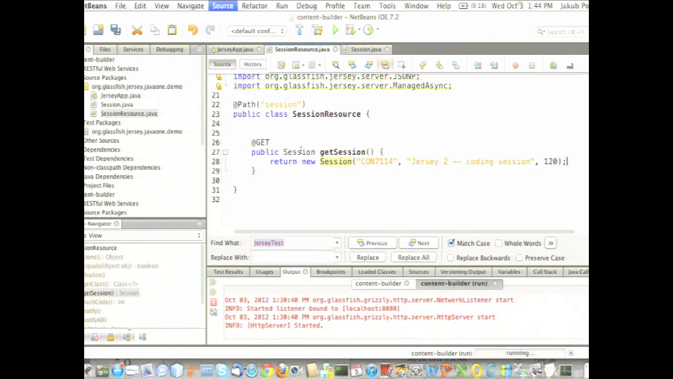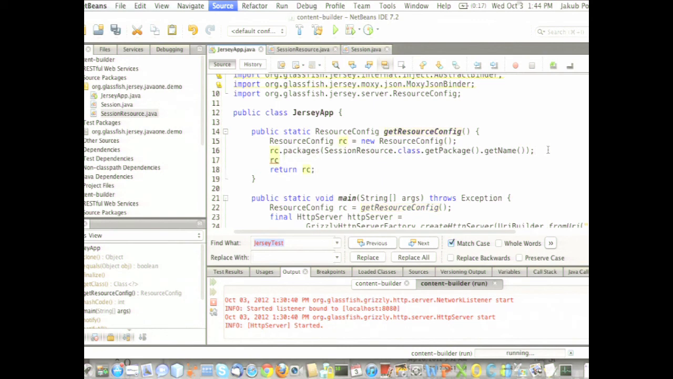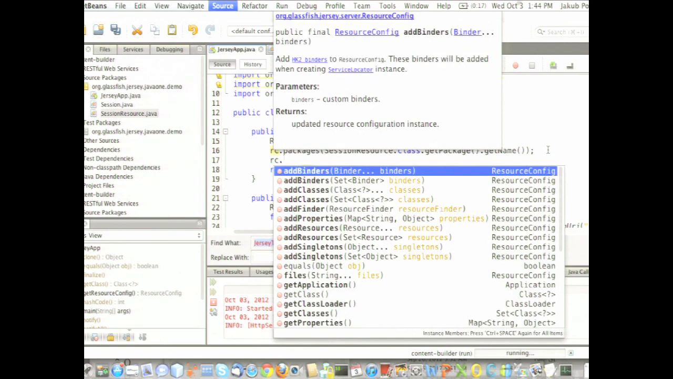So now what I need to do, I just changed the JAX-RS resource, and I now need to get back to the resource config and make sure that I configure the JSON support properly. In Jersey 1, we had a default setting for this, but in Jersey 2 we don't have anything like that. We need to explicitly configure what kind of JSON processor you wish to use. So I'm going to update the resource config, and I will